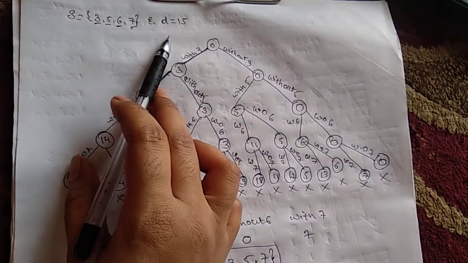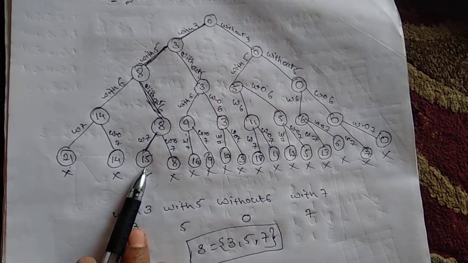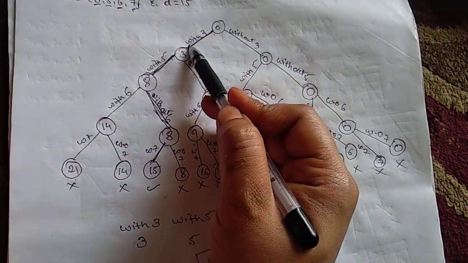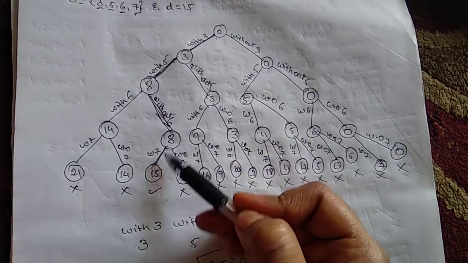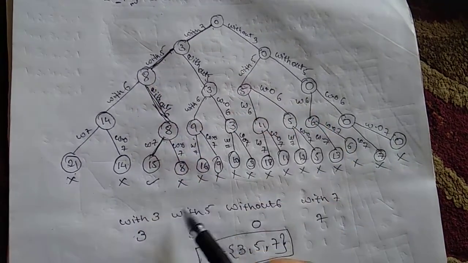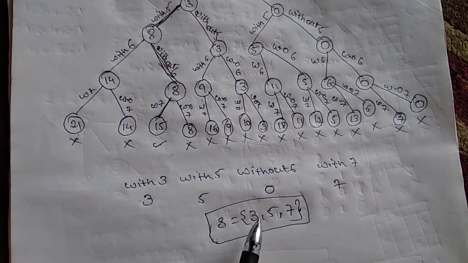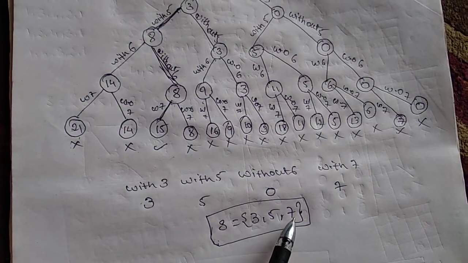See, D is equal to 15. Here also it is giving 15. How do you find 15? From 0 you have to start. Here the path you have to trace. If it is with, then you have to take. Without means it is 0. You should not consider that one. So 3, 5, 7. See, 7 plus 3 is